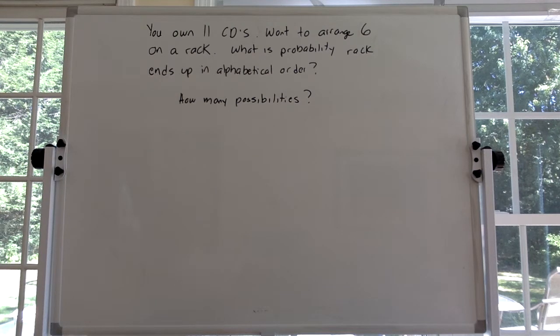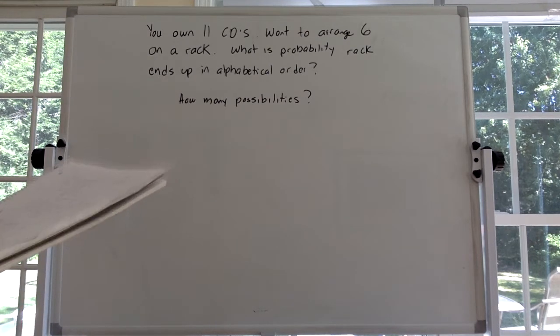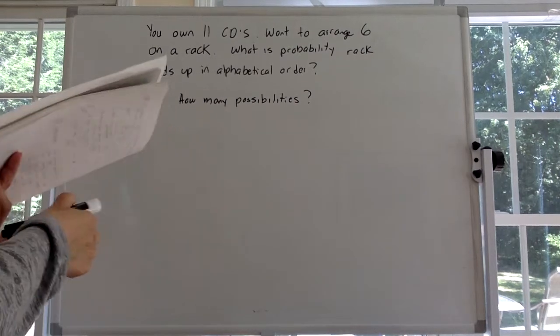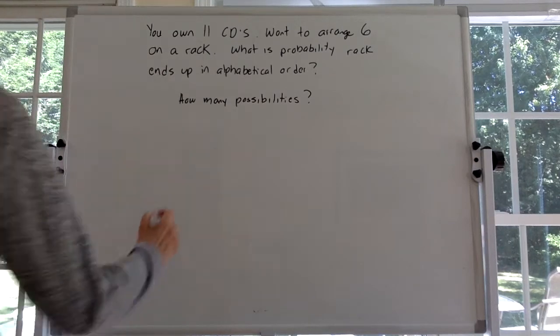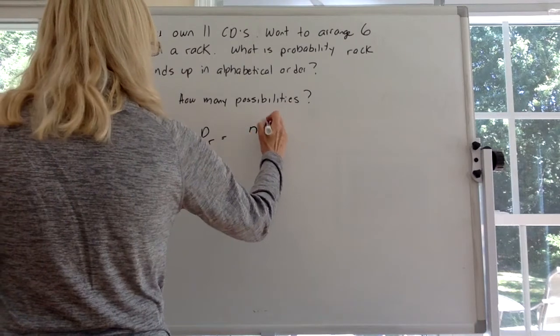So in order to figure out probability, we first have to figure out how many possibilities there are. So if you're talking about arranging CDs, and we're talking about alphabetical order, that means that order matters. So if it's going to be between combinations and permutations, which one of the two does order matter? It's permutations, order matters. So what's the formula for permutations? It's equal to